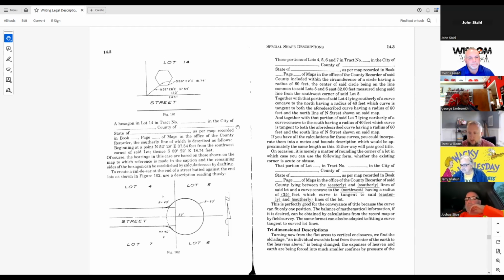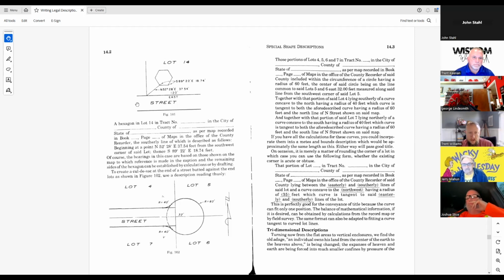We've kind of hinted at it. I've noted here in Utah, it's pretty typical to have a beginning at a point which is north and then west to the point of beginning. It's generally assumed that north is north along the section line, working in sectionalized land here. So even though it says north, you rotate that to whatever basis of bearings that section line is as you surveyed it.